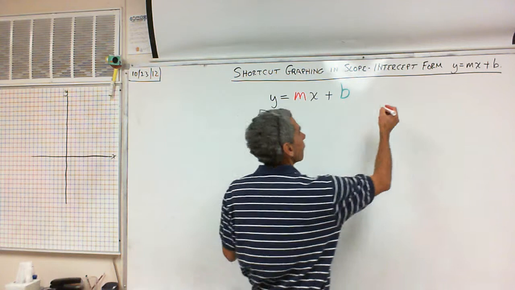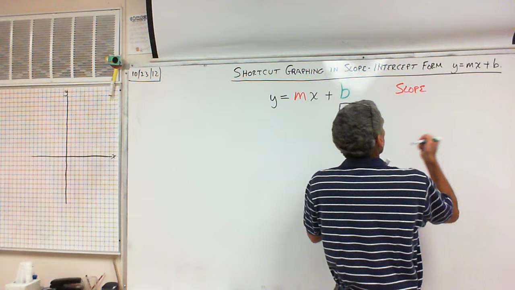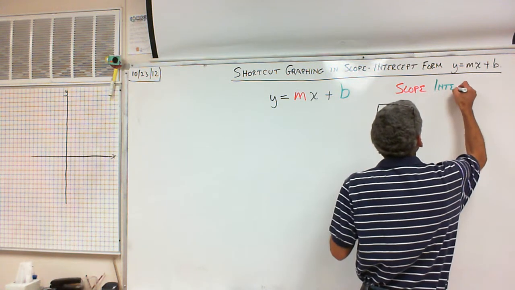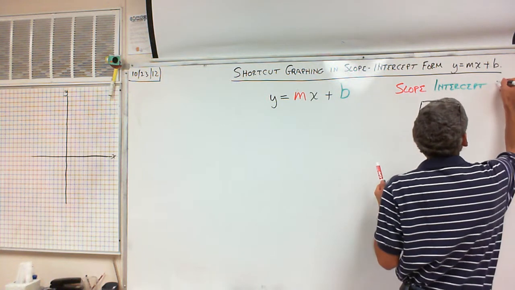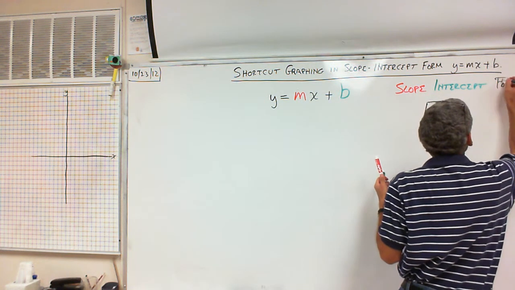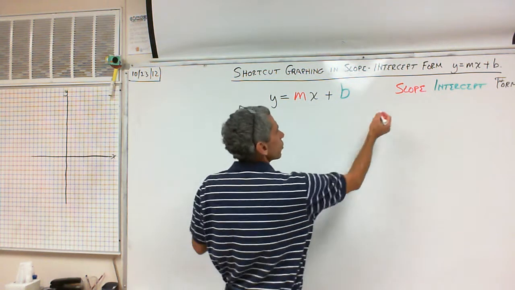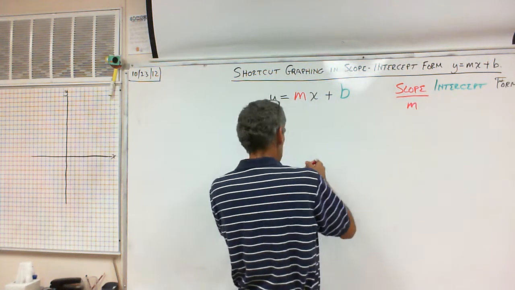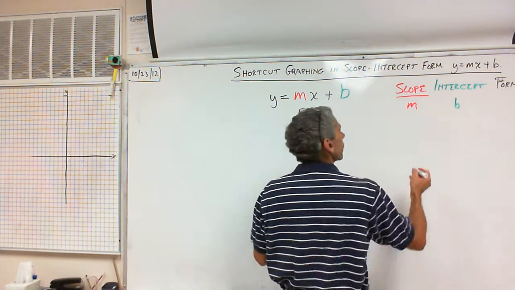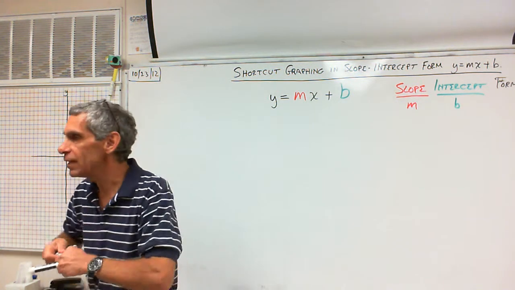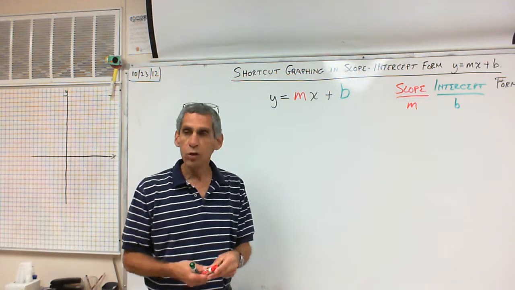This is called slope-intercept form. So look at this: y equals mx plus b. M is your slope. That's your m. And your b is your intercept. That's your b. So every time you're given an equation written in slope-intercept form, you have been given